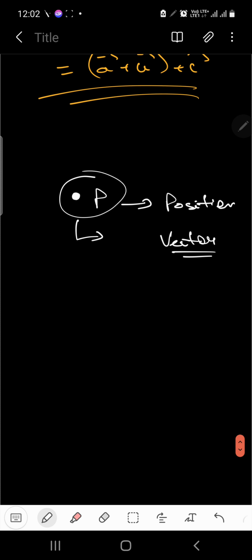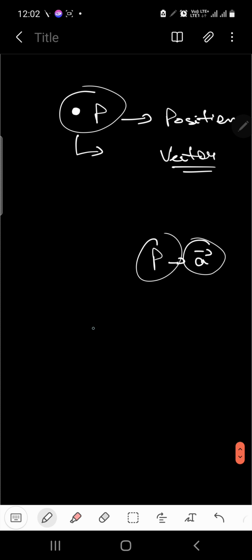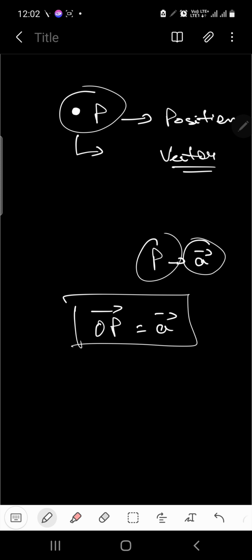I guess it's clear. For example, say you have P given by the vector A. Clear? And P is specified as a point. So A becomes the position vector of P. Now, if you take the origin as the reference, then OP will become a vector of the same A vector as given. So the position vector got changed into a line vector by specifying a particular point of reference, that is the origin here. Got it? So this is what position vector and line vector mean. Clear?